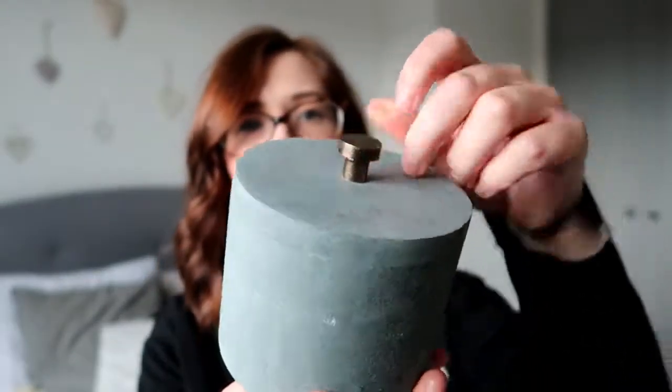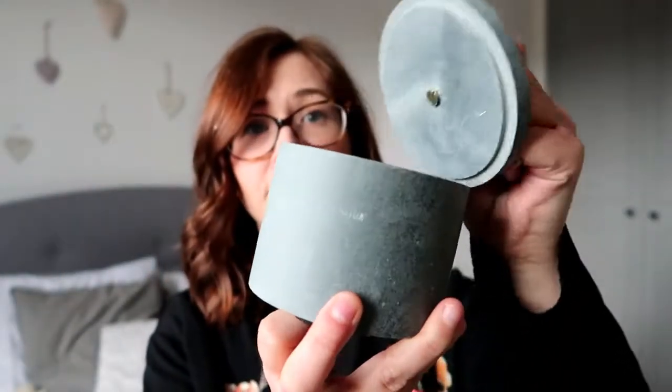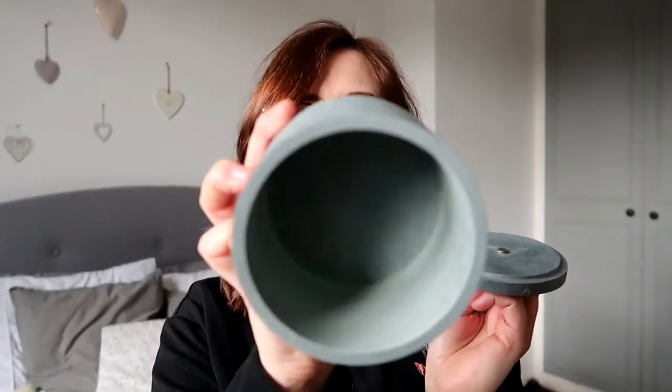I bought this concrete pot. It's got a brass lid and this is for the bedroom. It's just a little pot, like a trinket box or something, but I really love it. I love this concrete industrial style. As you can see, we've just had a new grey bed, so that's going to go in here. And I love the brass. I've got brass and copper and things everywhere at the moment,